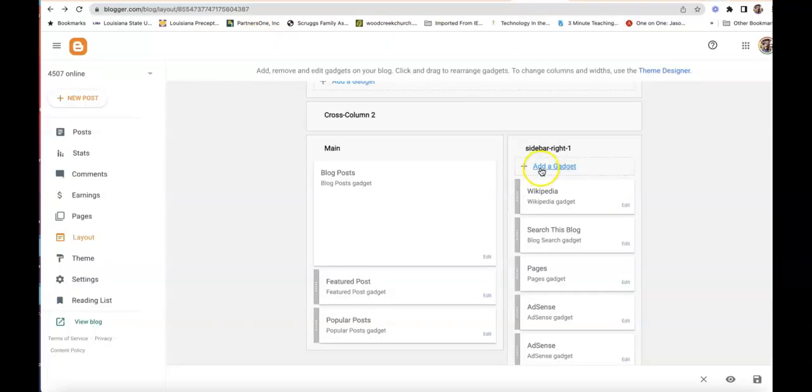It looks bad, but I'm going to do this. I know this looks like a bunch of gobbledygook. Most of the time I don't even open it. I just copy the link there. So I've copied that, and I'm going to go back to my blog, and I'm going to hit add a